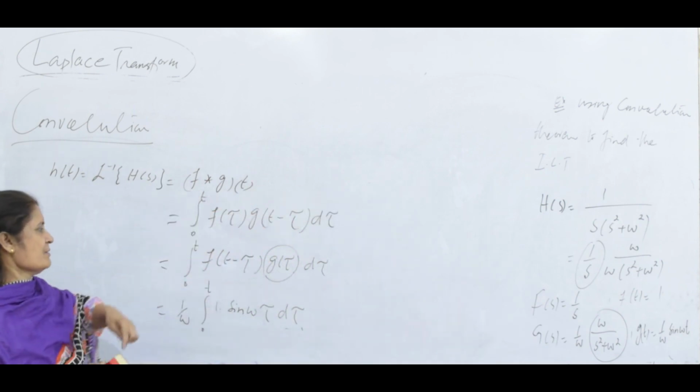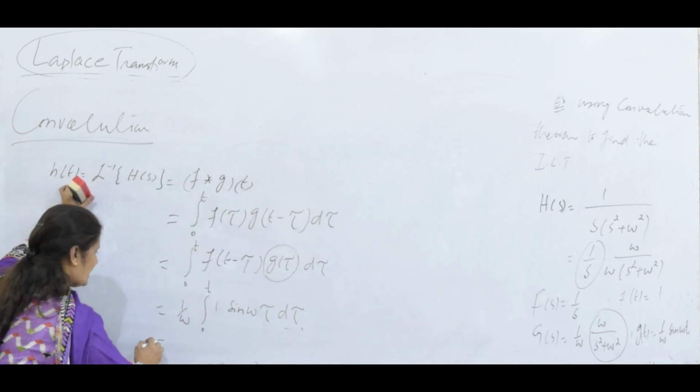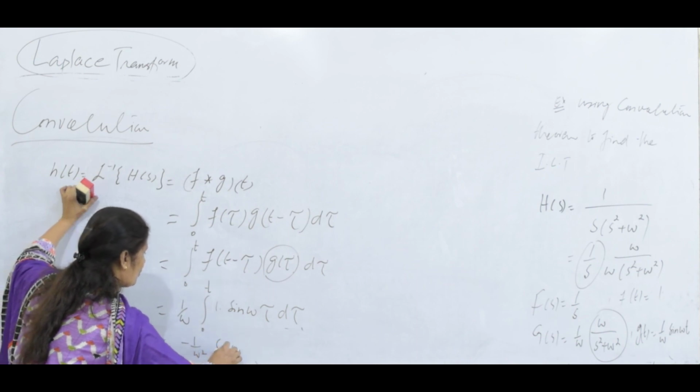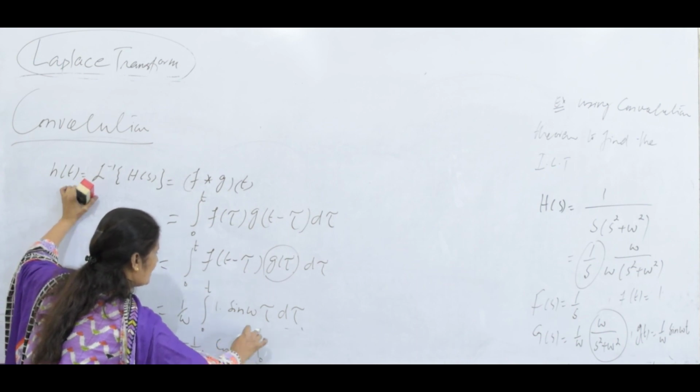We have that t minus tau. So we are integrating that. Minus 1 over omega squared cos omega tau. The limit is 0 to